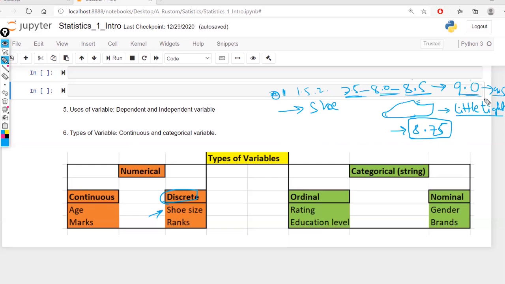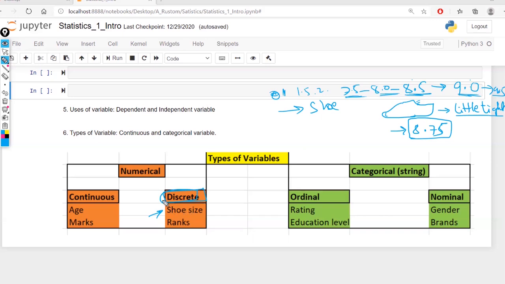So it can fall anywhere. But I have to stick with one of the shoe sizes here. I cannot ask for anything in between 8.5 to 9. So this type of data, what we call is discrete data, right? Discrete variable,